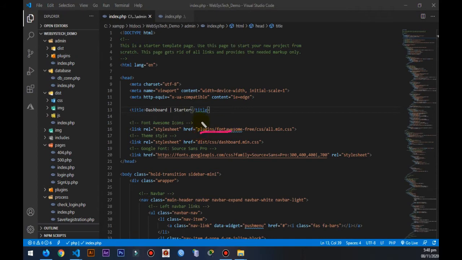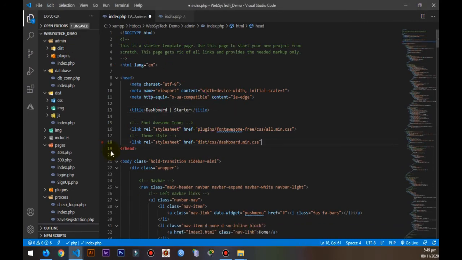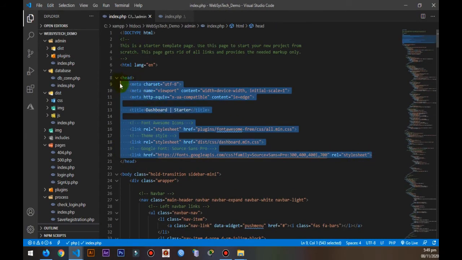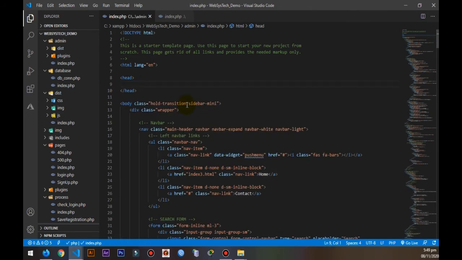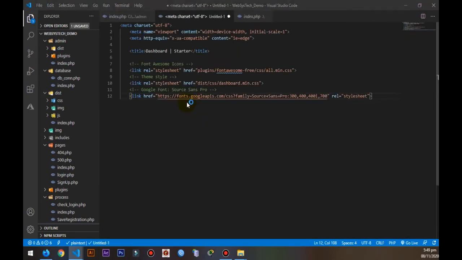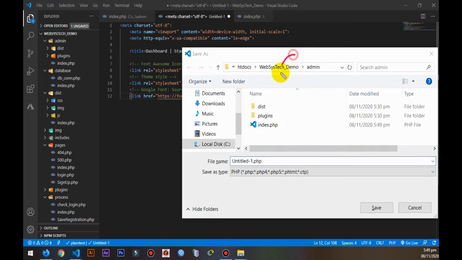Okay? Plugins CSS is coming from here. Okay? And this is coming dito kay admin. We can remove this Google font, okay, if we want to. Pwede rin i-include lang natin siya, but lagay natin siya into the external page. So, as of now, create tayo muna. Lagay natin dito. Save natin sa admin na folder, but wala pang